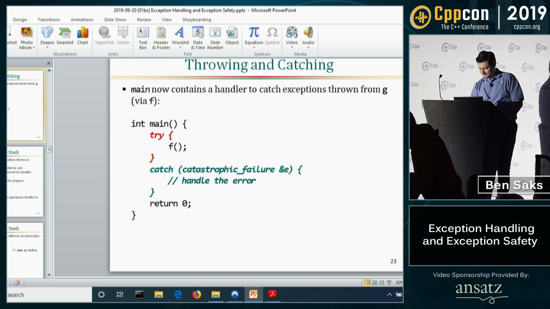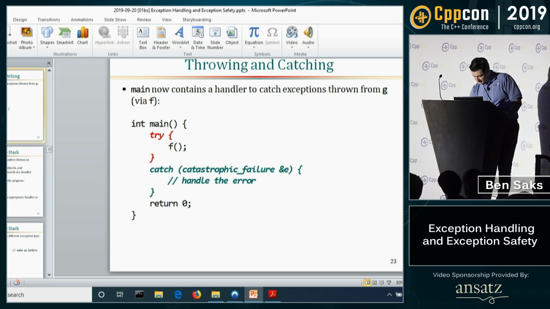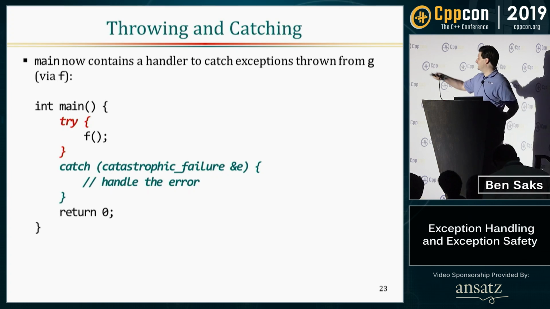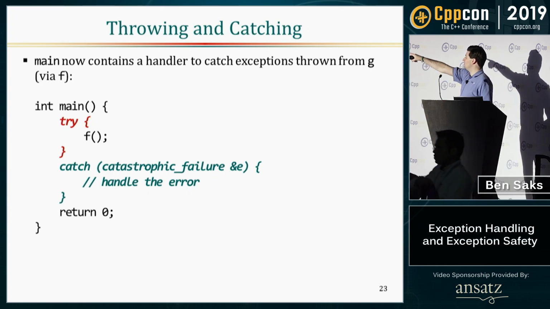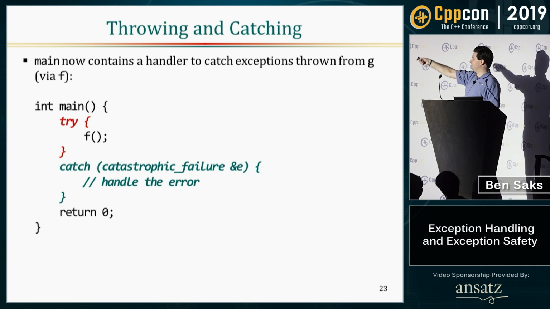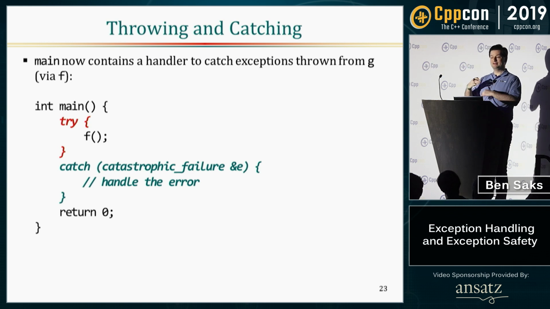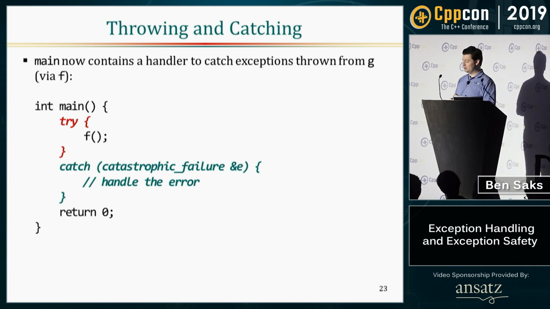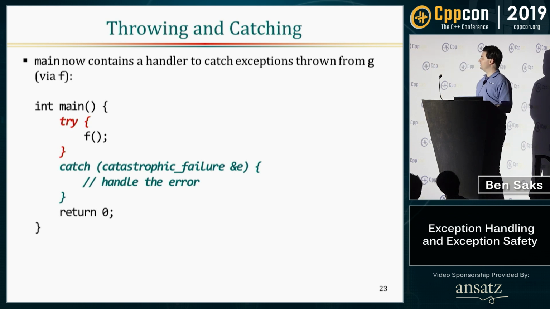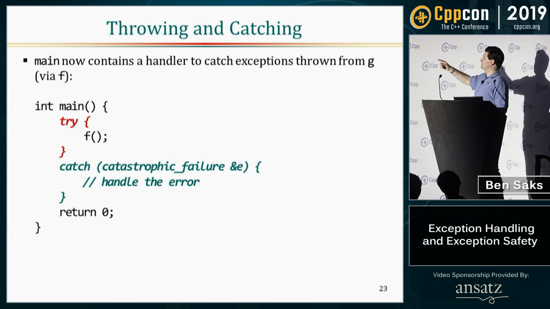If we wanted to have finally behavior here, what we would do is after the last catch block, there would be a block labeled finally, and that block is run whether you complete the try block without throwing an exception, or whether you start running the stuff in the try block, you wind up in one of the catch handlers, and then you finish the catch handler, and then the finally